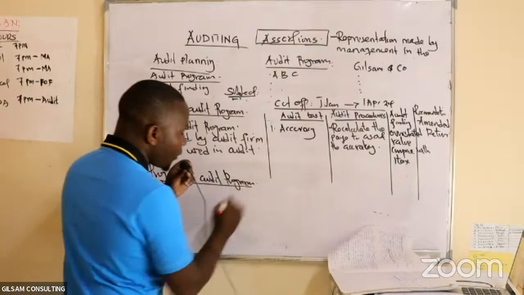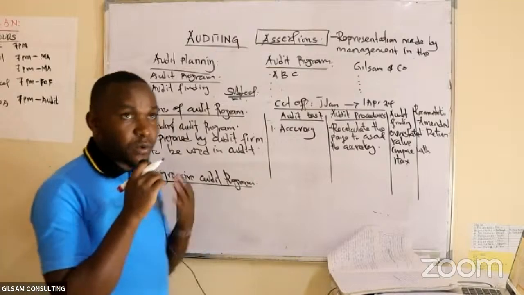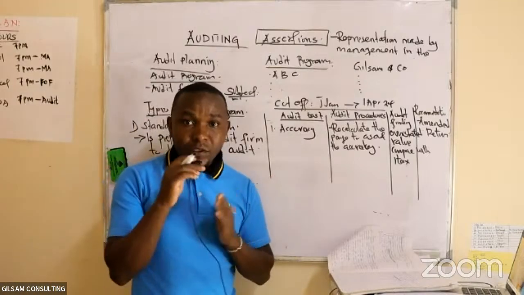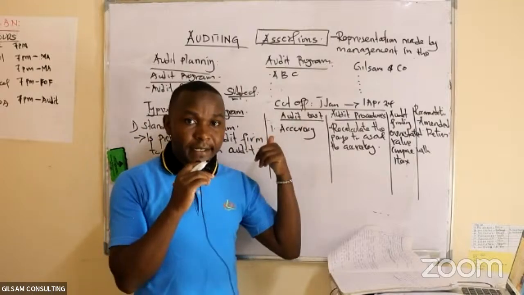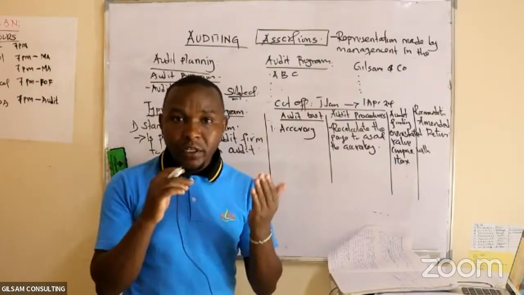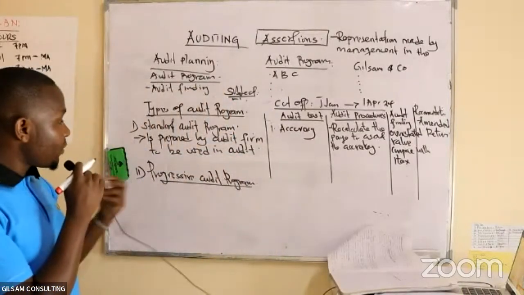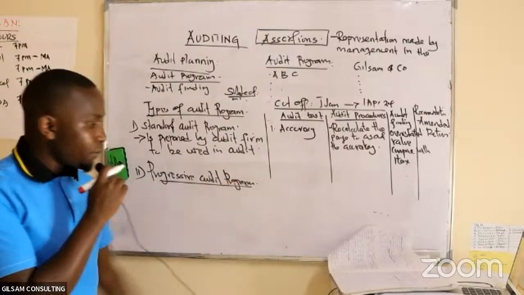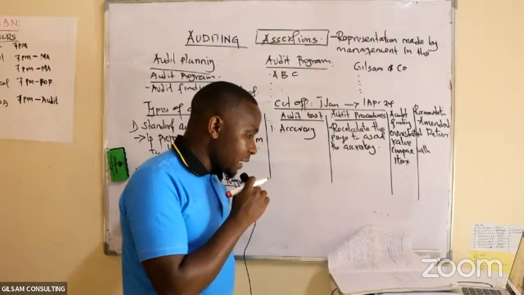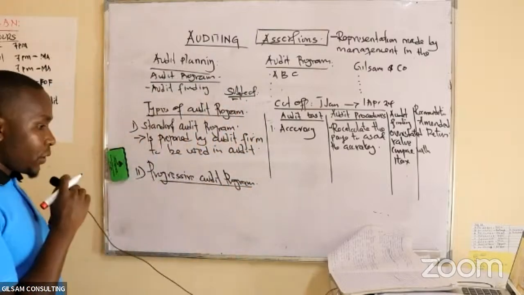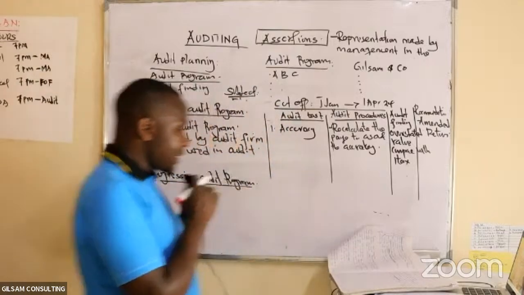So progressive audit program is that as you carry out the audit, you realize that there are some procedures or risks which you didn't identify during the audit planning, but now you want to rectify your audit program so that you can accommodate these changes. Then you will be using what is called the progressive audit program. These are audit programs that are allowed to develop as the audit progresses, and the auditor uses his personal skills and judgment to determine the procedure.